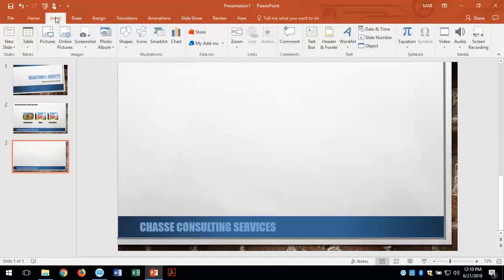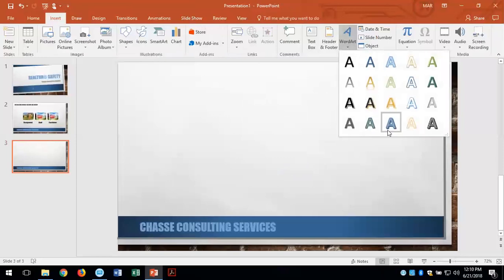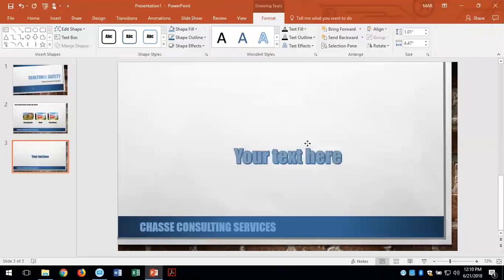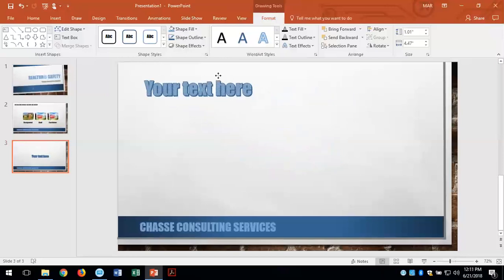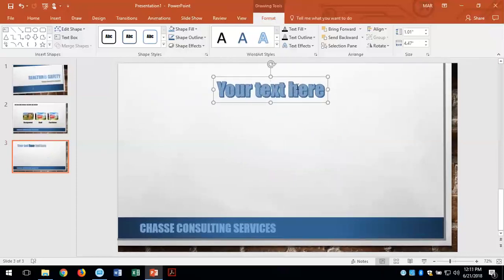What I'm going to do now is insert a word art. So here's my word art over here. And I'm going to down arrow and choose the type of word art I want. So I'm going to go with a shadow box. And I'm going to right click the button while the line is showing. This basically allows you to do a couple things. You can either delete it like you've seen me do, or you can push down the left mouse button and drag it around. So basically drag and drop wherever you want on the screen. So we're going to put that up here for a second. And this is going to be a header for our third slide. And we're going to call this open house